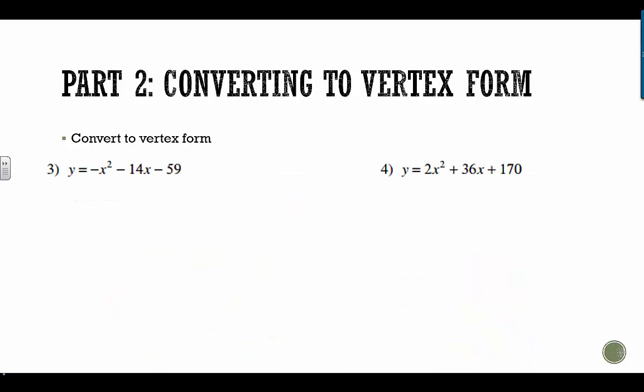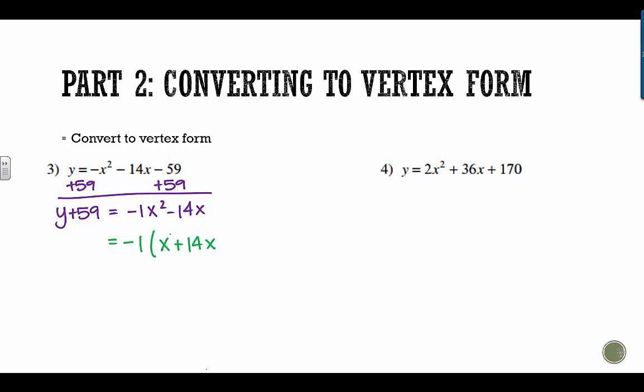So let's do one more together. And these ones are weird because they have that number out front. So the first step is exactly the same. We're going to add 59 to both sides. So we get y plus 59 equals negative 1x squared minus 14x. And if you remember, you cannot complete the square with a number out front. So what we're going to do is factor this number out. And then we're just going to complete the square